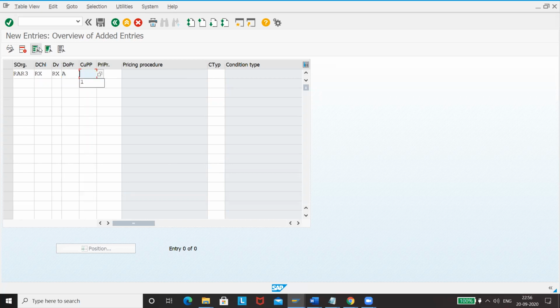And then here we maintain the pricing procedure. Enter. If you are creating contracts, then maintain this one, and if you are not going ahead with contracts, then you don't have to. The other one is sufficient.